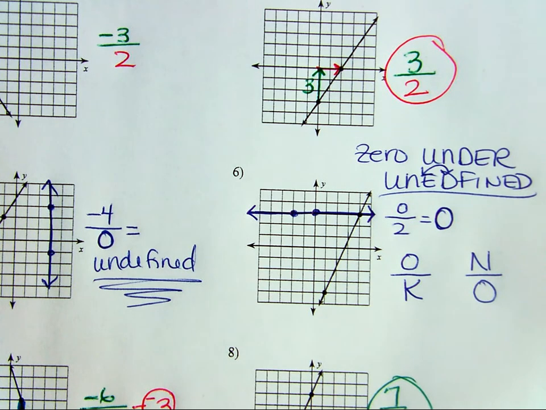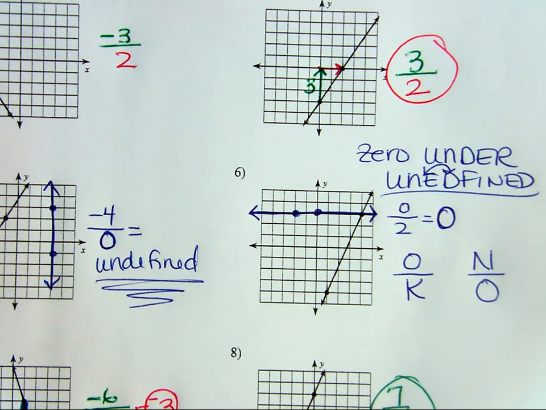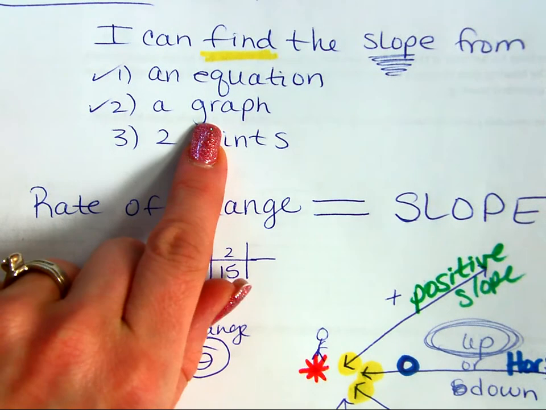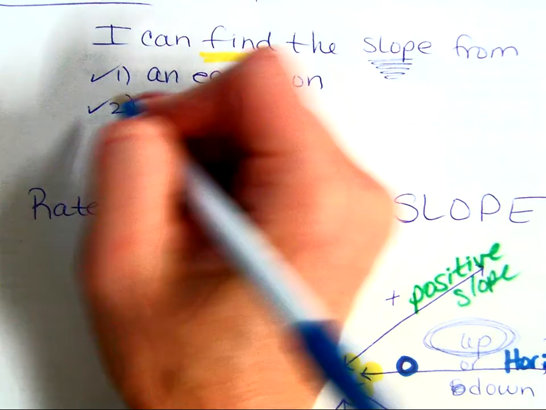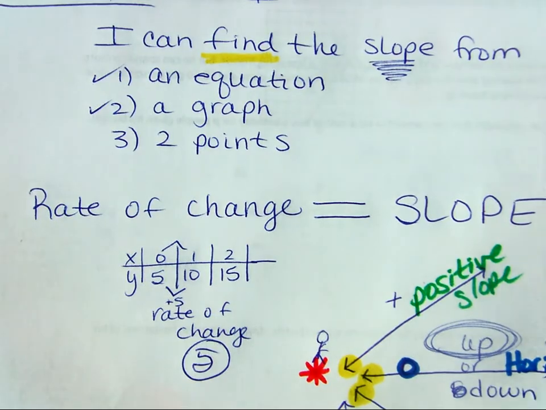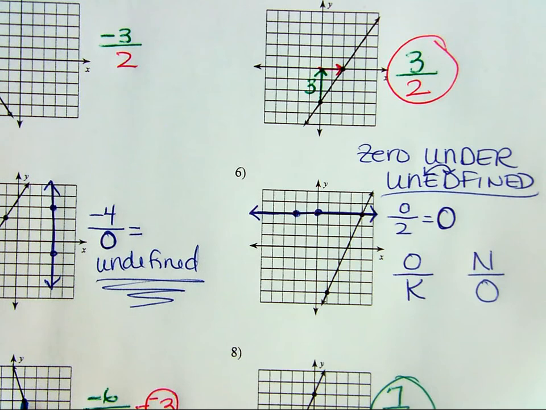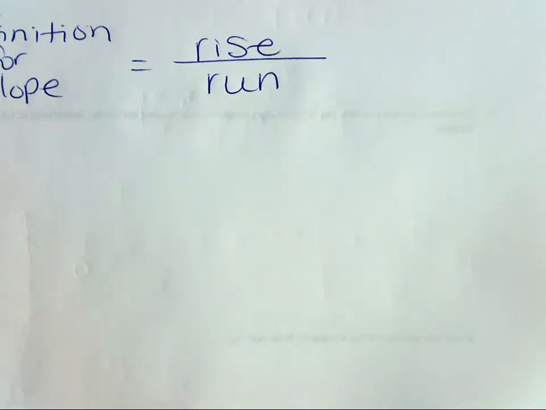You try it. Okay, so are we okay with learning target 2, part 2? I can find the slope from an equation? Yes. From a graph? Yes. So now on to the third part. I can find it from